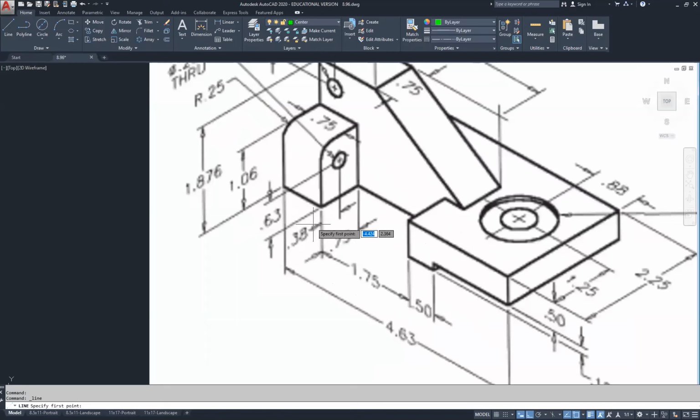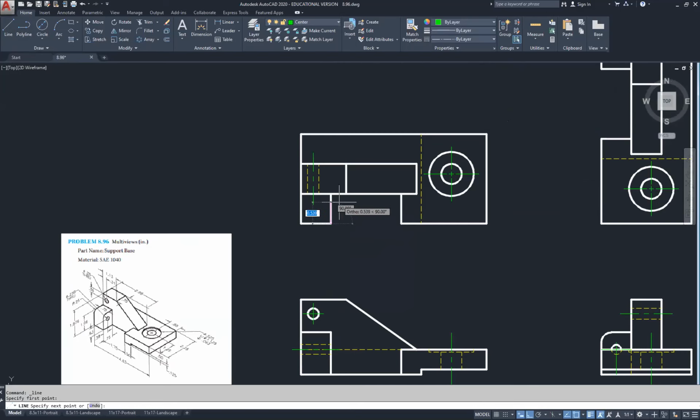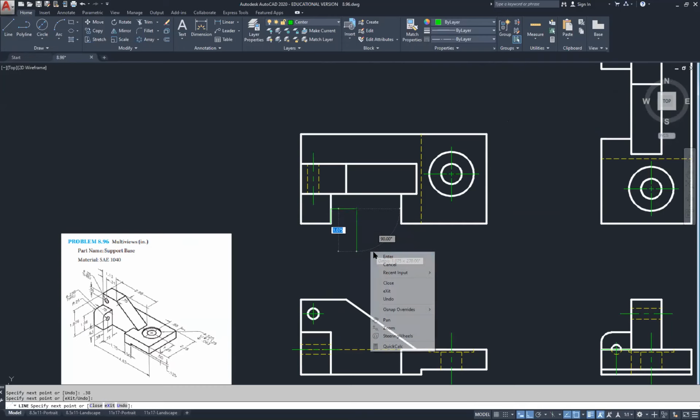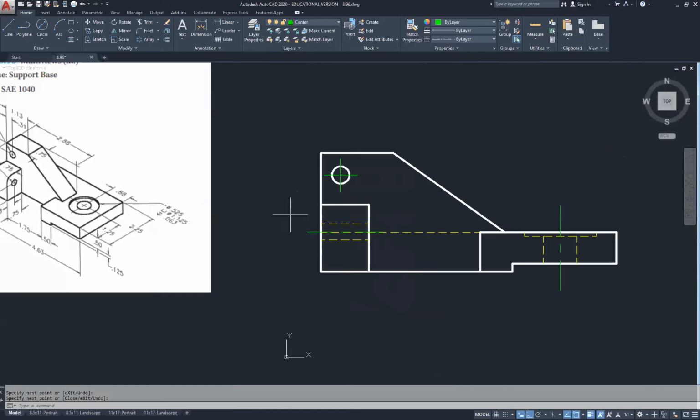So from here to there is 0.38. I'm going to go in this direction just so I don't get confused. I now know where the mark is. So now I can take this drawing here,